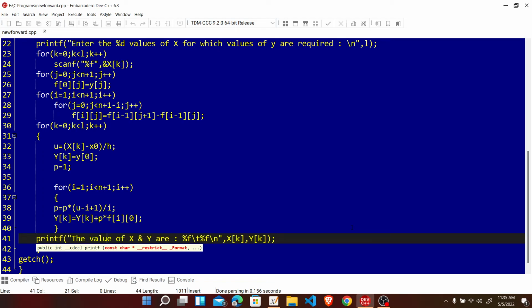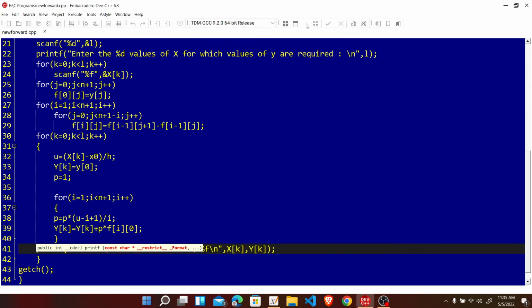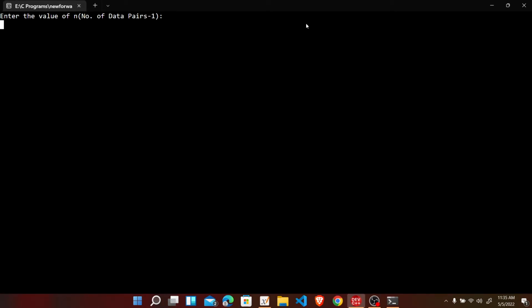Let's check what result or output we get. So execute the program. Enter the value of n. Suppose here we are giving the value of n as 7. So enter the initial value of x. We are giving it as 0. Enter the step size h. So we are giving 1. So that means the values of x would be 0, 1, 2, 3, 4 in that way. Enter the values of y at that moment. So we are giving